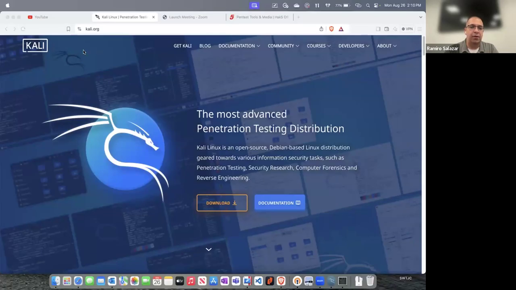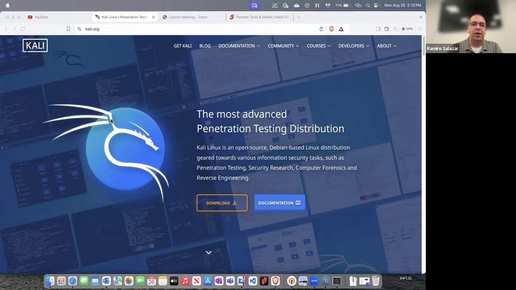Let me minimize that. And I'm on this website called Kali.org. On this website, you can download this Linux-based operating system that can be used to perform attacks, right? It can also be used to learn about cybersecurity, penetration testing, and ethical hacking. So this thing is not illegal. It could also be used for good purposes, okay?